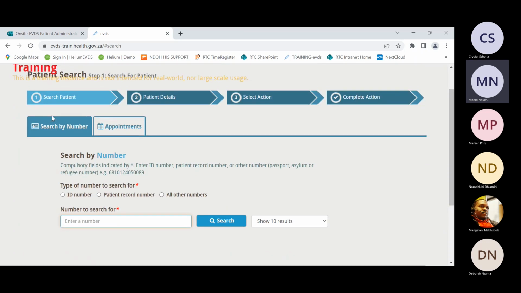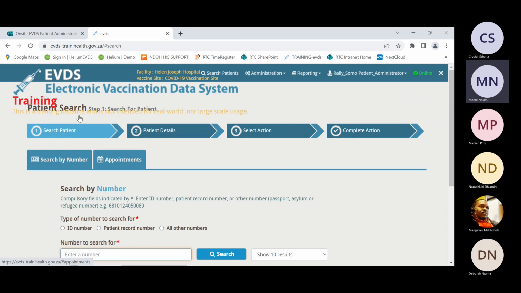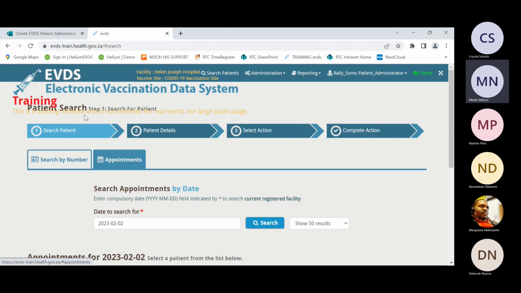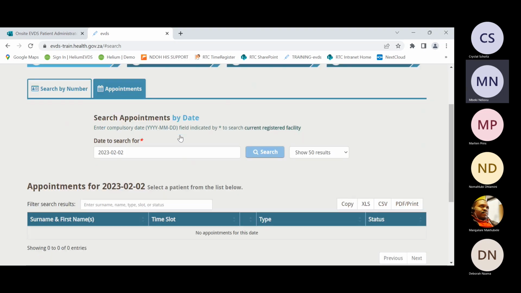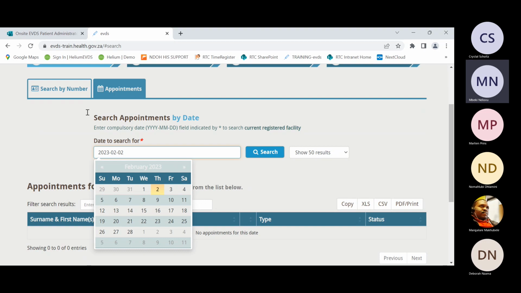And when you're searching for a patient, you can search by number or you can search by appointment. So let's go to appointments. If you select appointments, by default, it selects today's date, which is 2nd of February. And then I can search for the appointments that are scheduled for 2nd of February here. But if I was supposed to be at the health facility the previous day, I can specify a different date. Or if it was in January 15, I can say, okay,